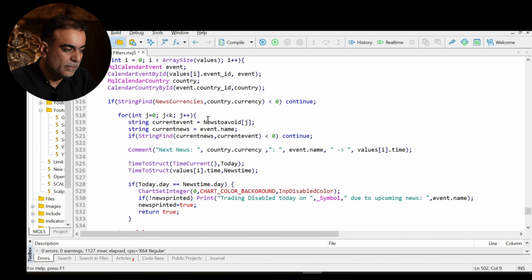Run through that loop, and on every one, you try to find the current event, which is the split value of that string that we have provided. So let's say NFP. Try to find the NFP in the current news, which is the event name. So whatever is the total name of that event, try to find it. If you cannot find it, then continue, meaning go to the next. But if you do find it, then it means that it is on our currency and